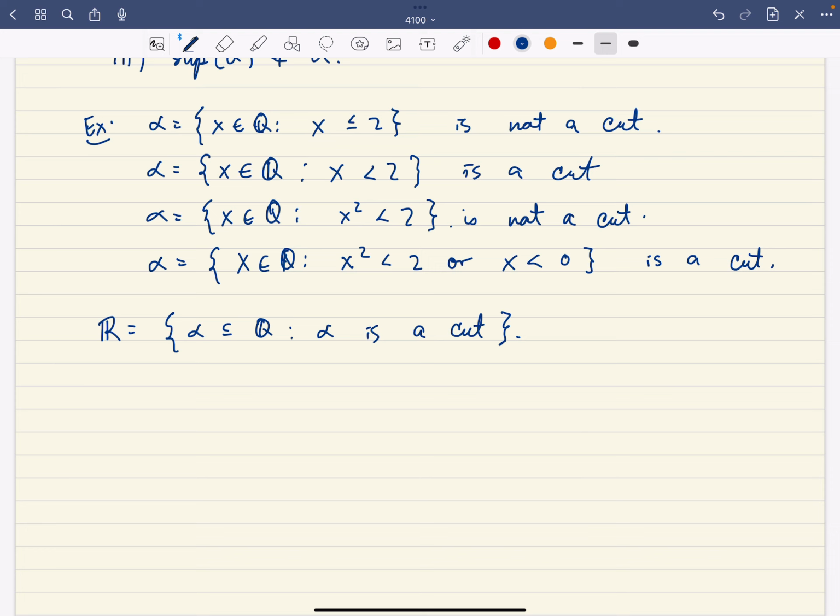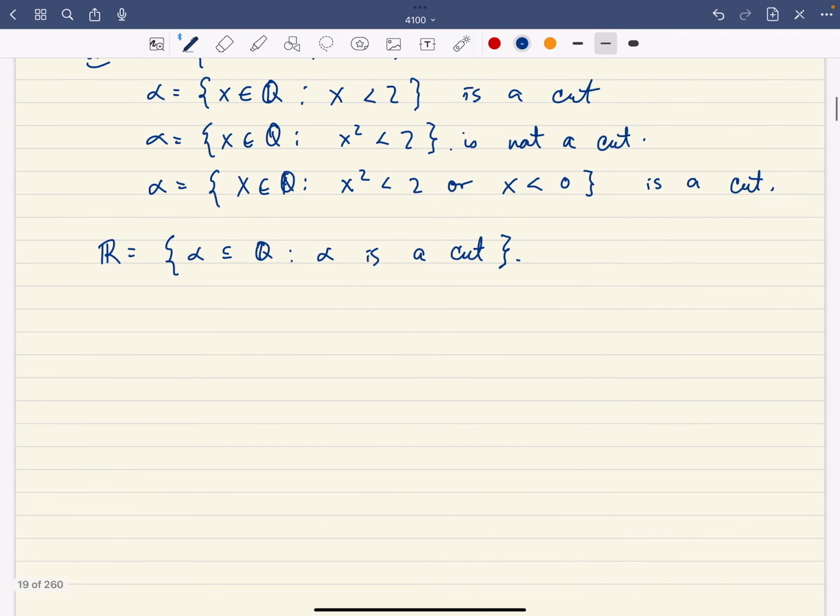And so let's think about in what sense is the set of rational numbers in the reals when we define the reals this way. And it turns out that given a rational number, let's say x, no, let's not use x. Given a rational number r,